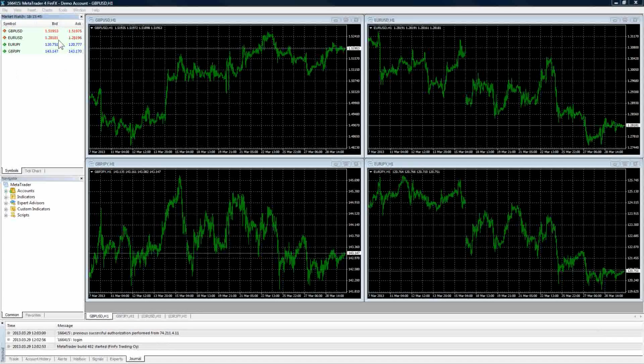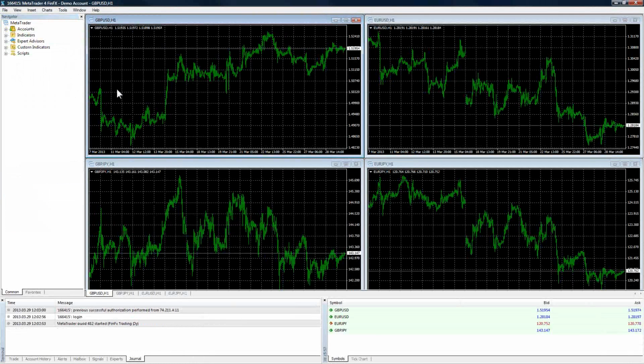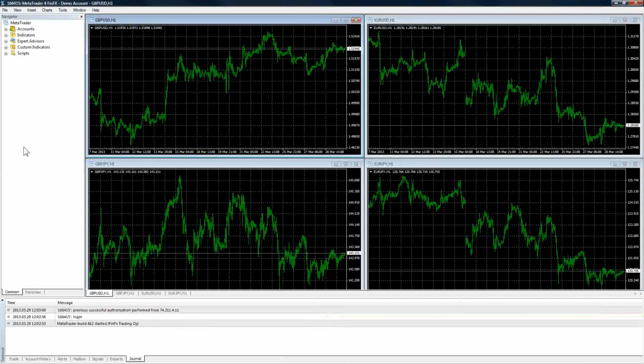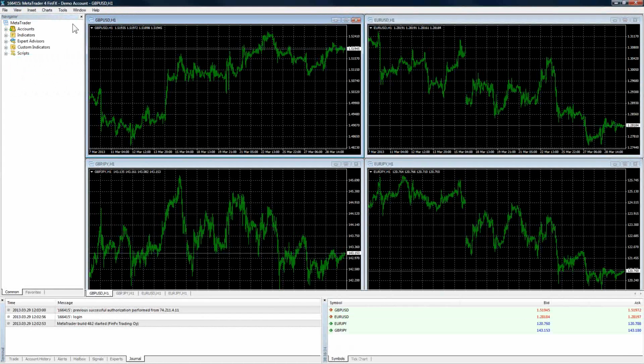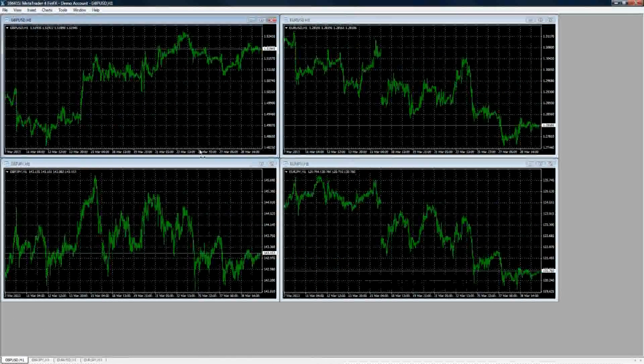So one of the first things you do is you do want to be comfortable with this stuff, and you want to make sure that everything's lined up and where you want it. Of course, you can take things and you can put them in different places. As we've mentioned, with these kind of modules, they'll move around and go just about wherever you want them to. But you have to be comfortable with where things are and being able to access them. So there's several different things that we can do within MetaTrader that make it very, very nice to actually be able to maneuver around.